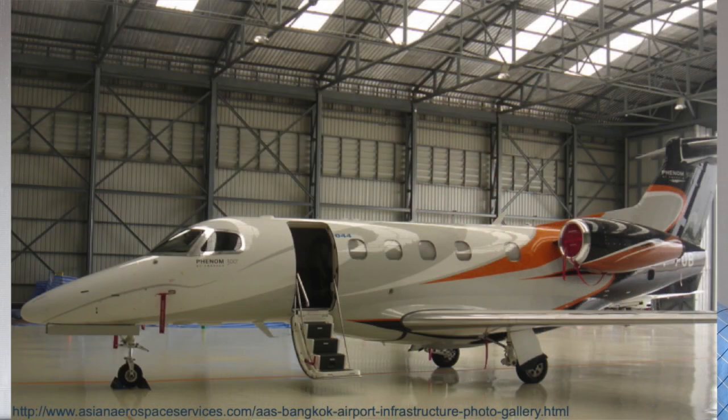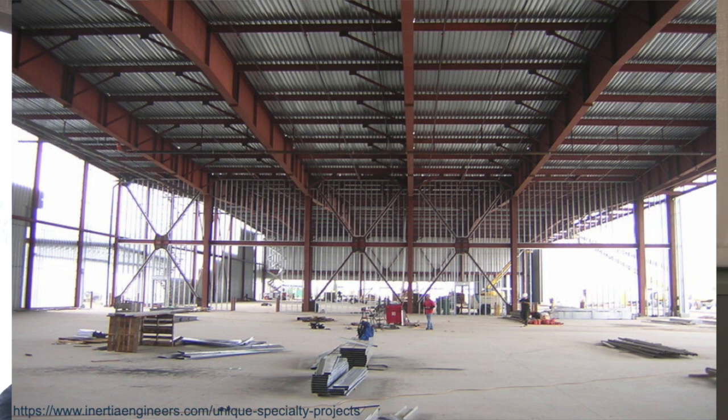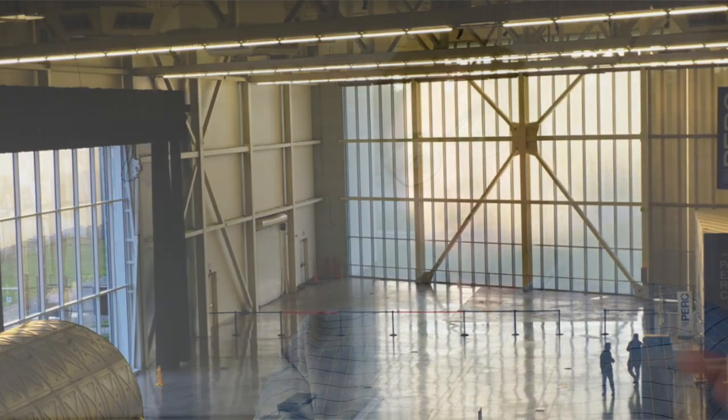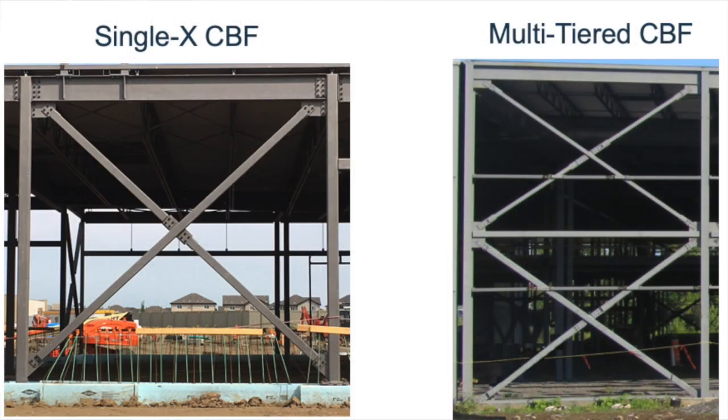First of all, multi-tier concentrically braced frames are very commonly used when you have really tall single-story buildings. That could be airport hangars. You could also see them in warehouses. So essentially any type of building where you have a really tall single story, and then basically what you do is you break up the height into multiple panels, and that way it's more efficient for designers as well as